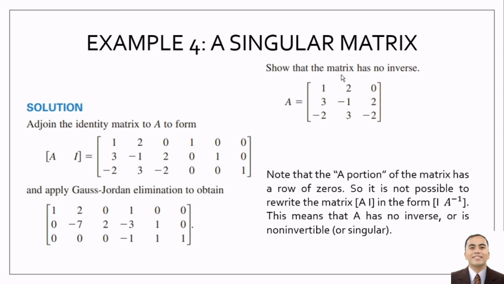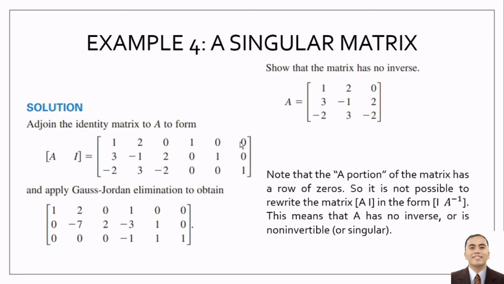Show that the matrix has no inverse. So take for example A is equal to 1, 2, 0, 3, negative 1, 2, negative 2, 3, and negative 2. Solution. So first, again, we need to adjoin A and I. So 1, 2, 0, 1, 0, 0, 3, negative 1, 2, 0, 1, 0, negative 2, 3, negative 2, 0,